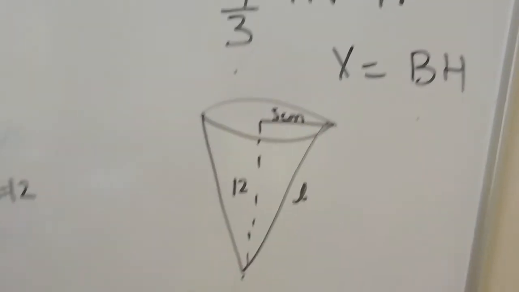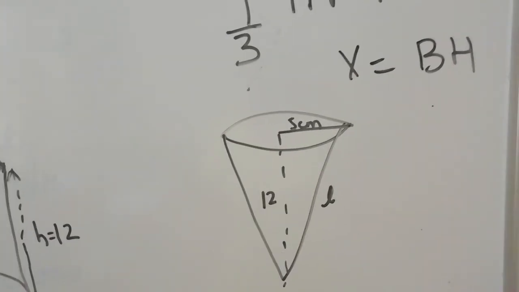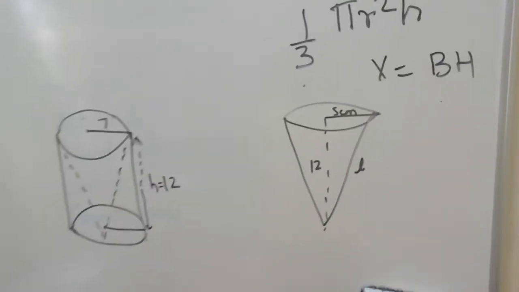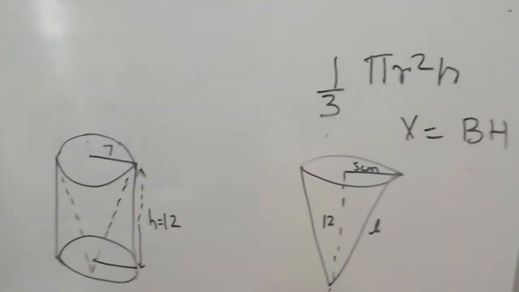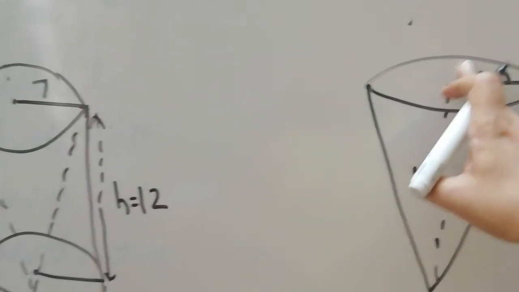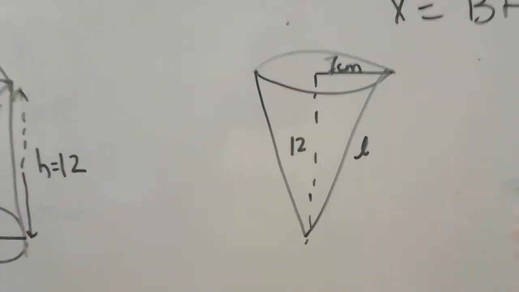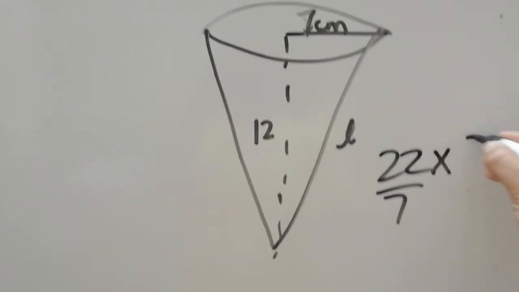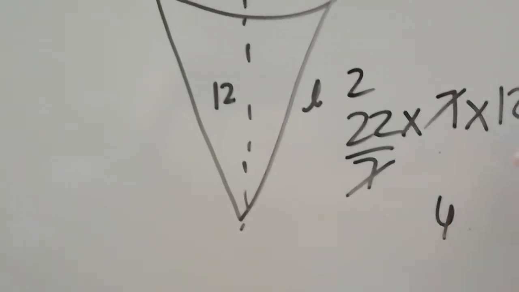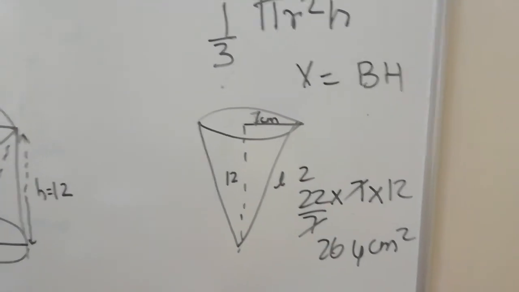Again, another new concept will come into the picture. We need h into consideration. We have h over here. So we don't need l here, basically 1/3 pi r square h. So what is pi r square? 22 upon 7 into 7 into 12. So it is 264 centimeters square, 264 centimeters square into h.